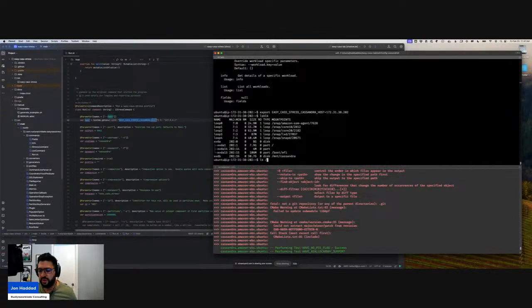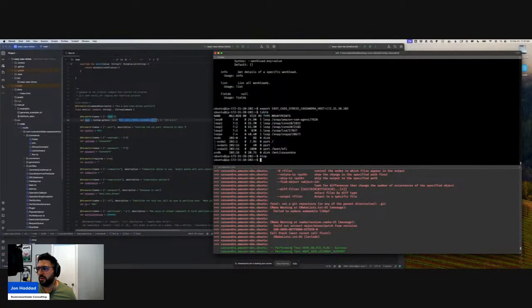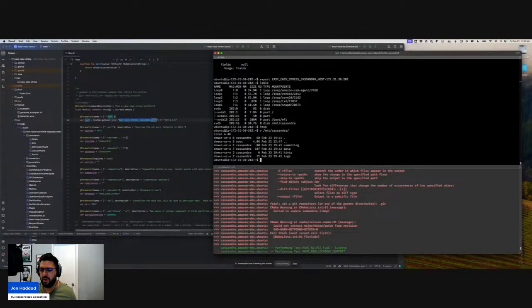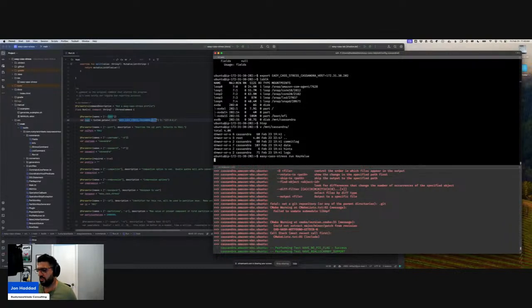So we've got the drive locally. Oh yeah, this is also a pretty small box, but that's mounted. Cassandra. Okay, cool. So all the data directories are set up correctly. Let's see. So if I now do easy-cast-stress run,